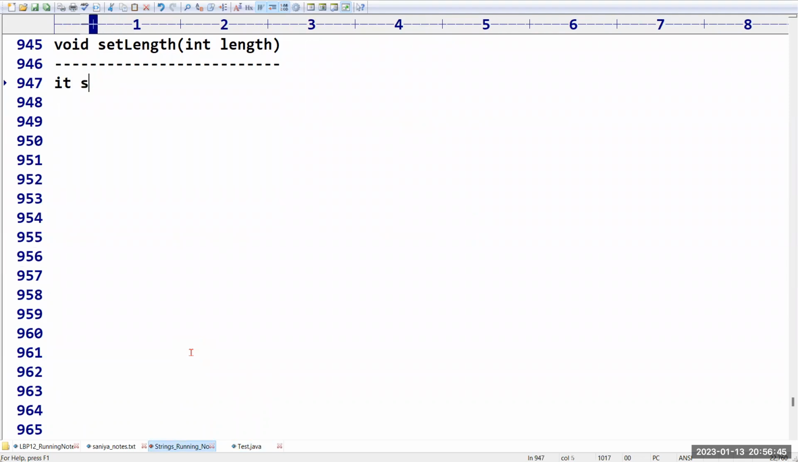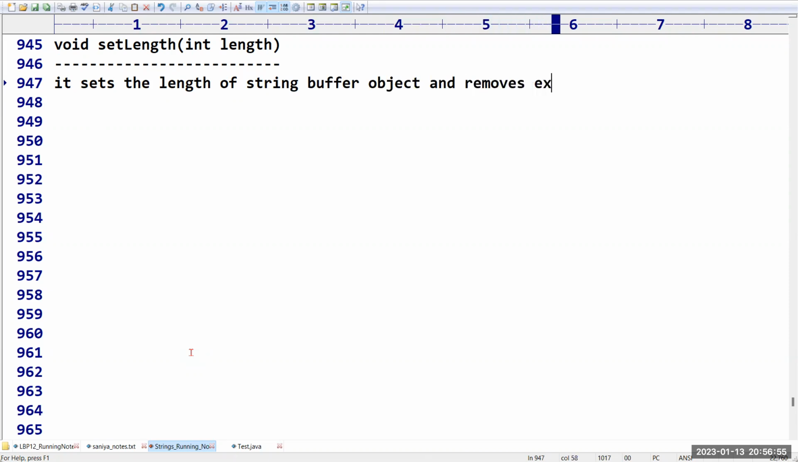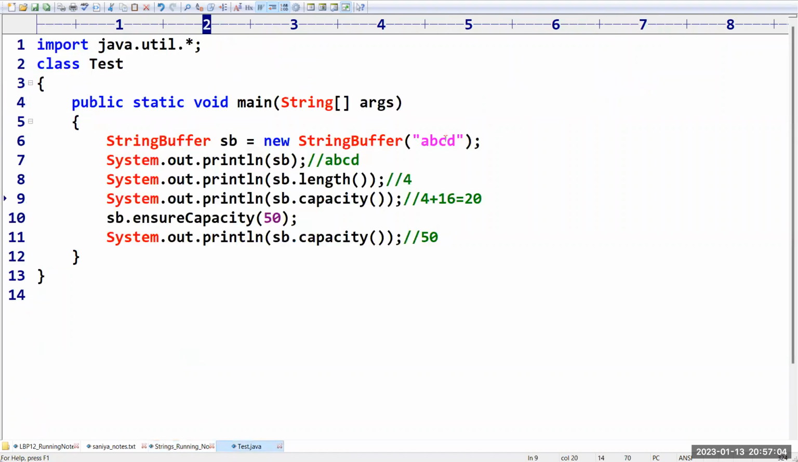It sets the length of a StringBuffer object and removes extra content. It is going to remove the extra content that we have. Now see what will happen. We have a StringBuffer like this. Now I want to do sb.setLength